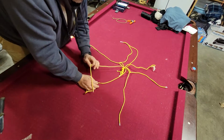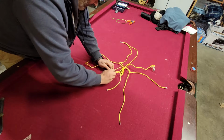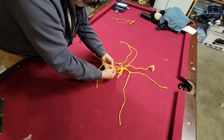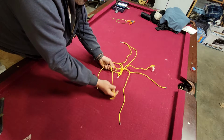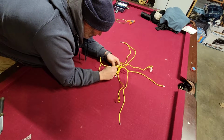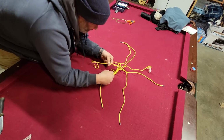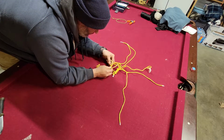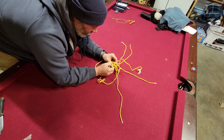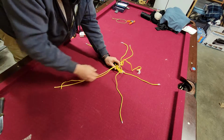I'll show you what happens if you get that wrong. So we'll just do like this. If you forget, and you just tie a knot, and I just did that. I got my mindset, didn't even mess it up. See how that goes down? That's wrong. That's not a square knot. See that one knot, I went all the way down when I tried to tighten it up. Okay, so